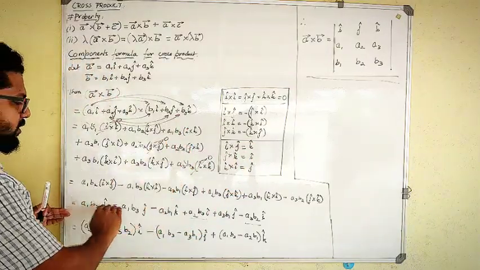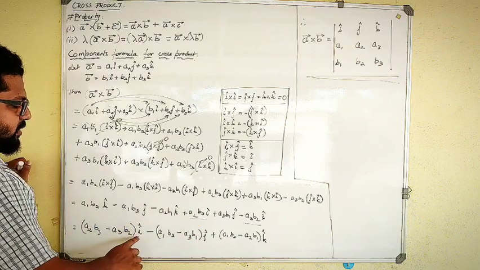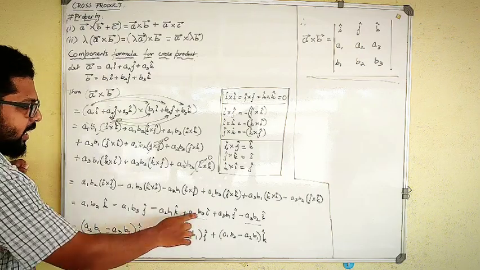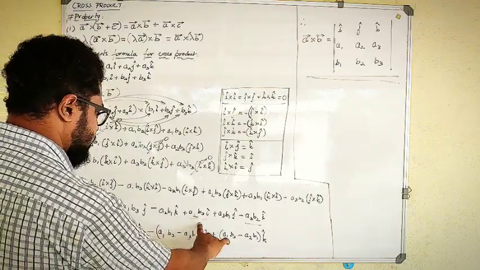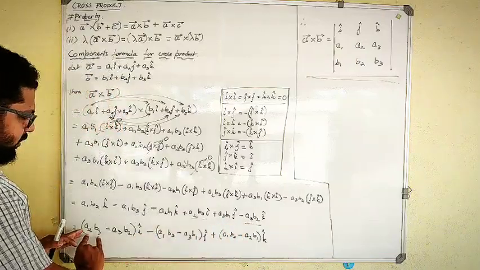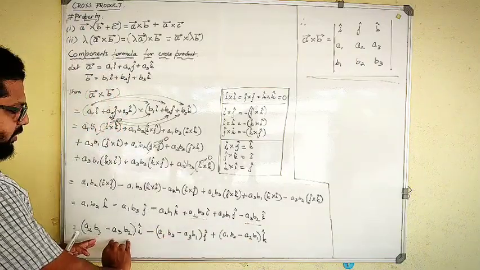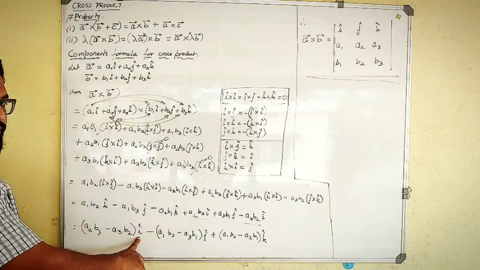Over. So after substituting this one, I will combine the ones which have the common terms, that is I and I. I'll write it together. Where are the I's? This one, I, and this one. Correct? No? So A1 B3 minus A3 B2. I'll put it inside the bracket and I is common for that.